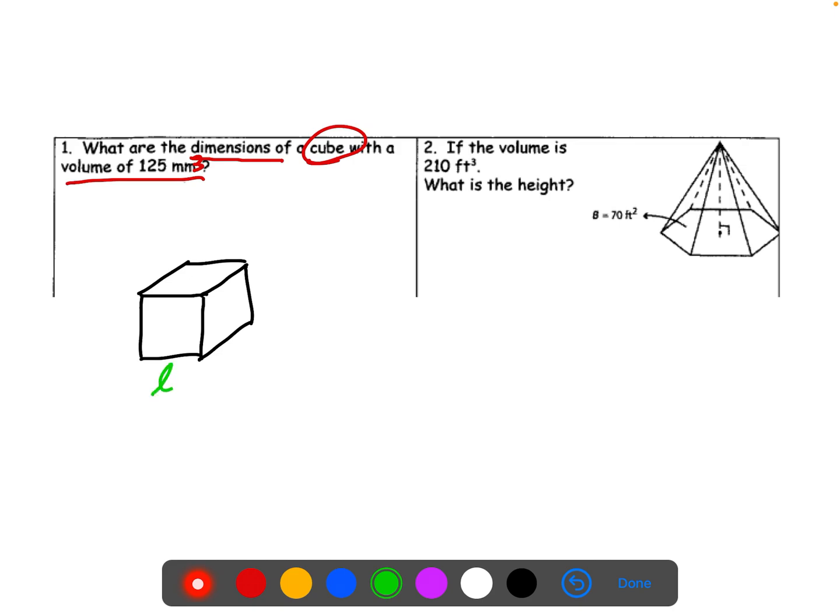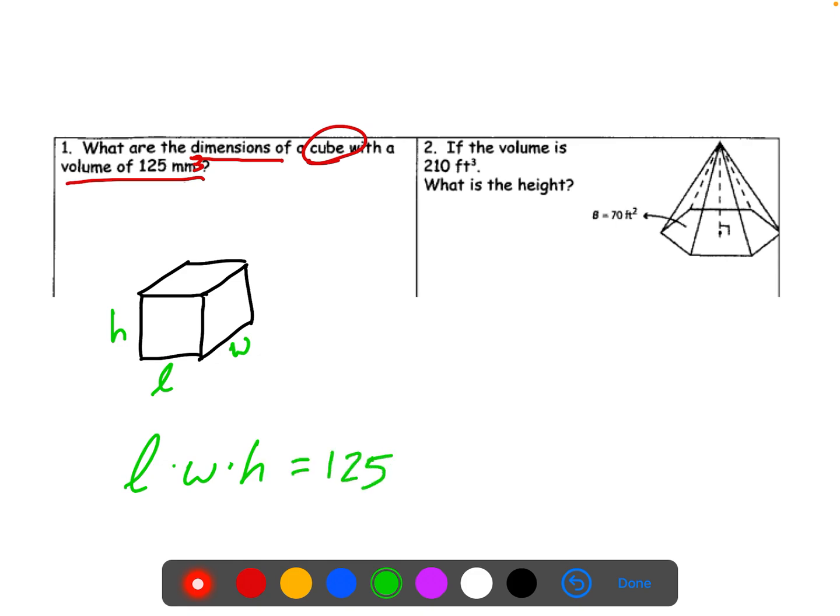So we have our length, our height, and our width, but we're dealing in squares the entire time. So finding the volume by multiplying these 3 dimensions, these 3 amounts are all going to be the same. So my length times my width times my height, which are all the same number, must equal a volume